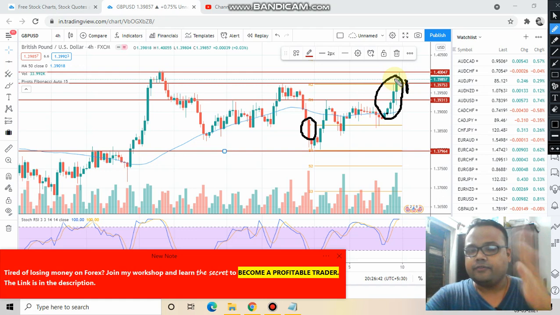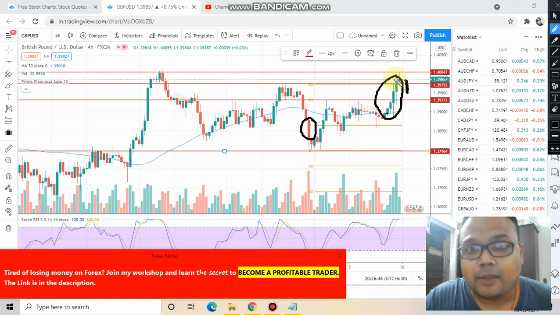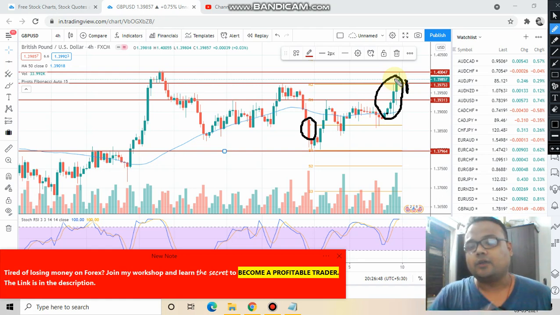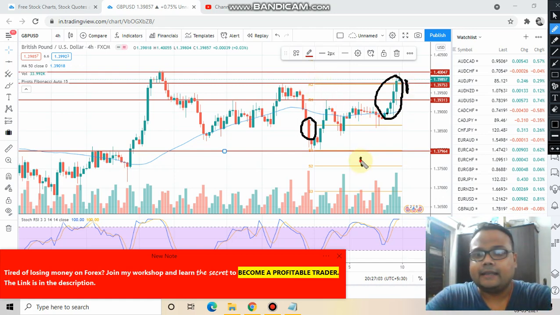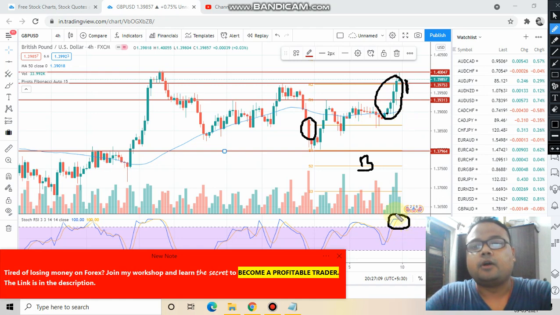Okay, if you see that buyers are dominating the market, will it be wise enough to short the market in that scenario? No, not at all. So in that case, you just avoid the market. But if you see a red candle like this, you can short the market if you want to take a risk. Otherwise, the best position for the market will be to buy at this particular level or wait for the market to come down. Okay, because the market is also in the overbought zone.